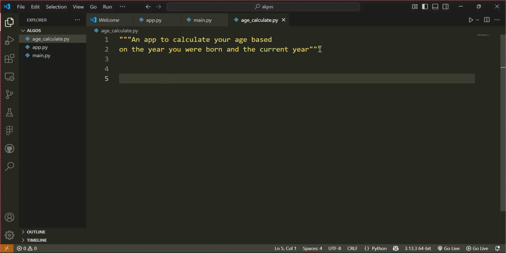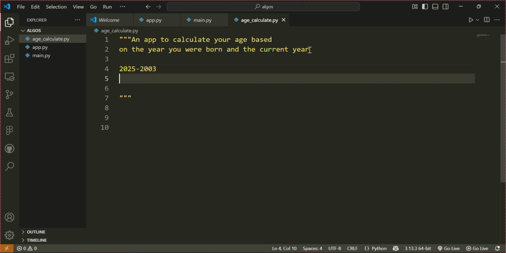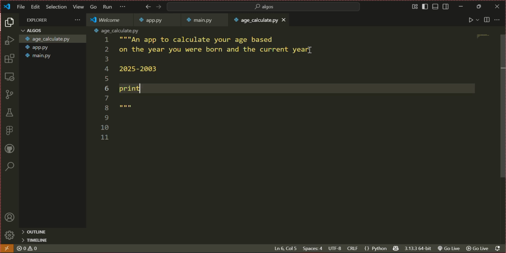Okay, so the result we are aiming for is a program that does some kind of subtraction or addition. Say 2025 is the current year, and you will be asked to input your birth year, and then it will do the mathematics for you. For example, I'm born in 2003, and then it will do the mathematics for me and print it in a very good way and say to me something like